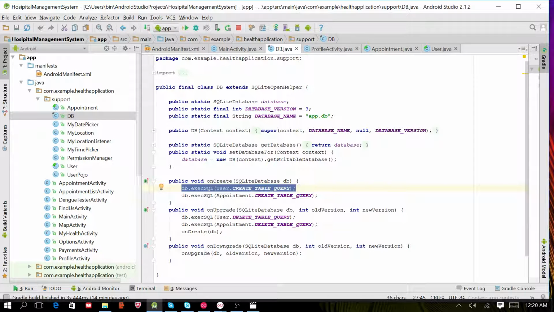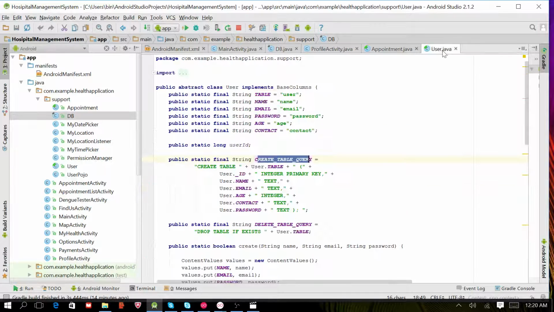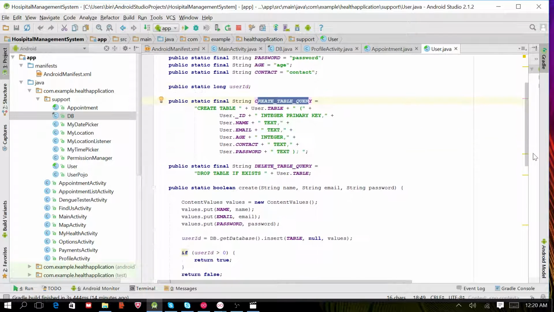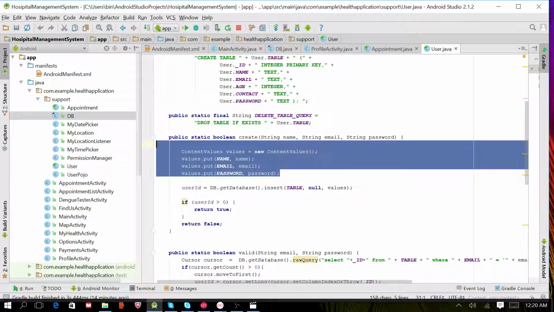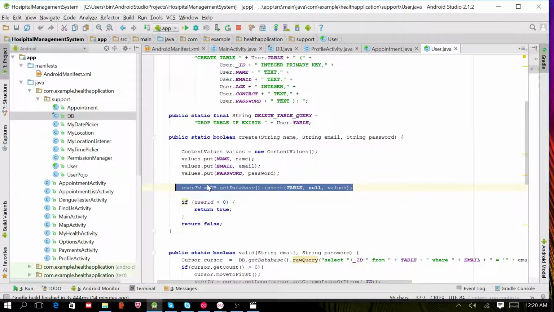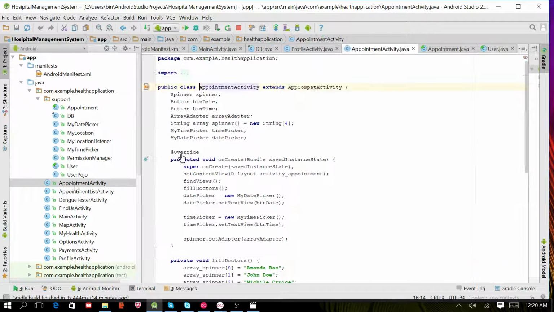And then after this, this is your login details. For these login details, it will save your details through an ID, and store that into your database. And then I'm coming to appointment. Inside appointment activity,